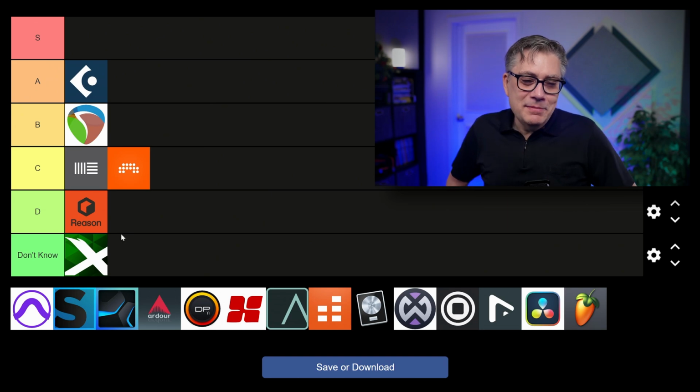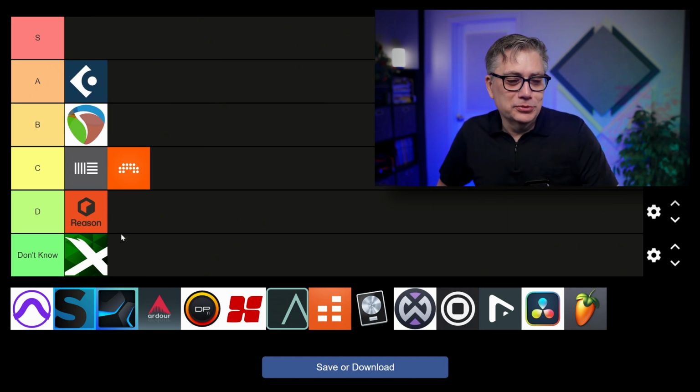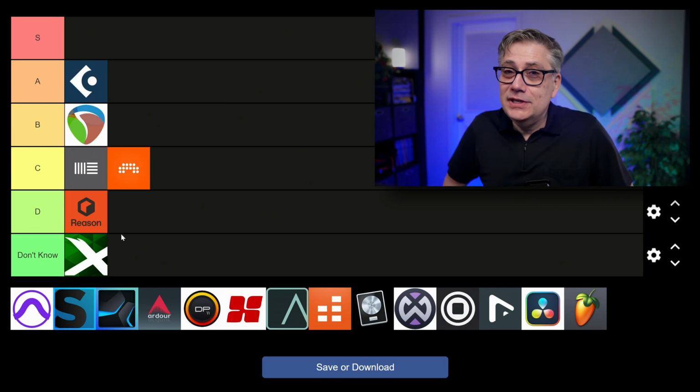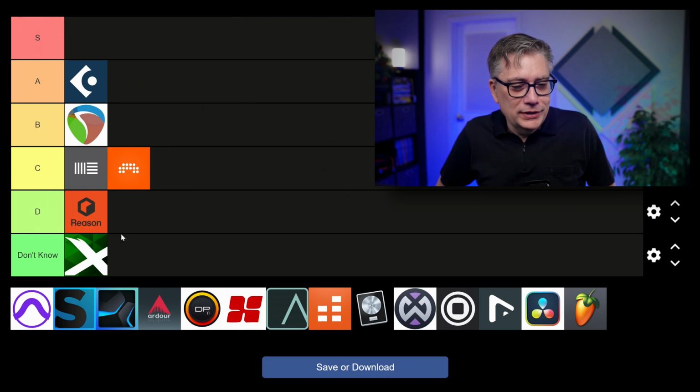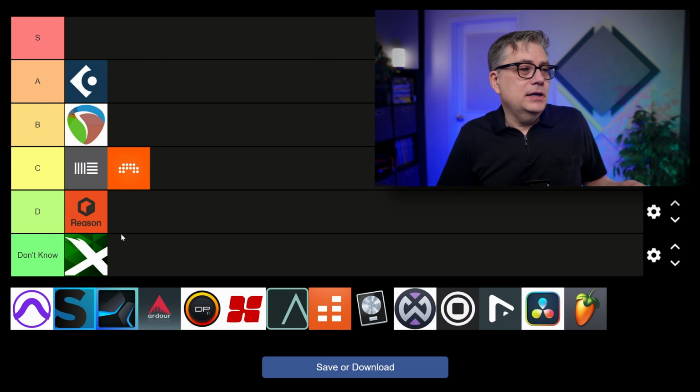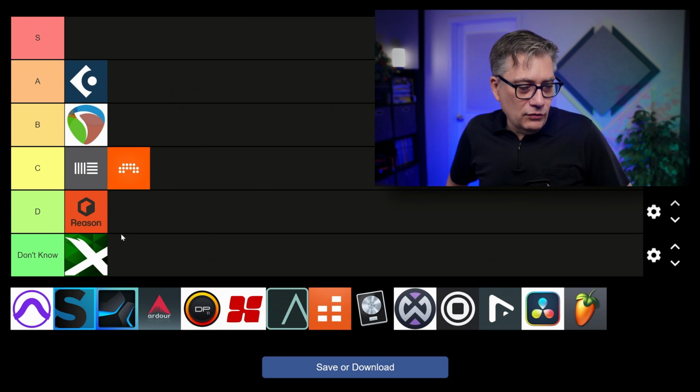Next one is the big daddy of all digital audio workstations, Pro Tools. Now, Pro Tools is actually interesting because it has done a lot in making Pro Tools a little better. For the longest time, people said this is the digital audio workstation of the past. There is no development, nothing is happening. But over the last couple of months, they actually made a couple of really interesting changes, in particular with respect to immersive audio.